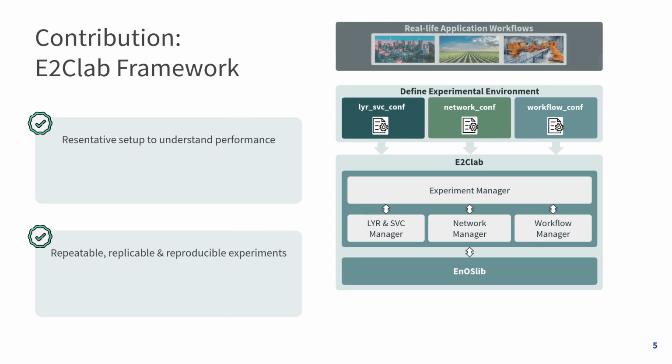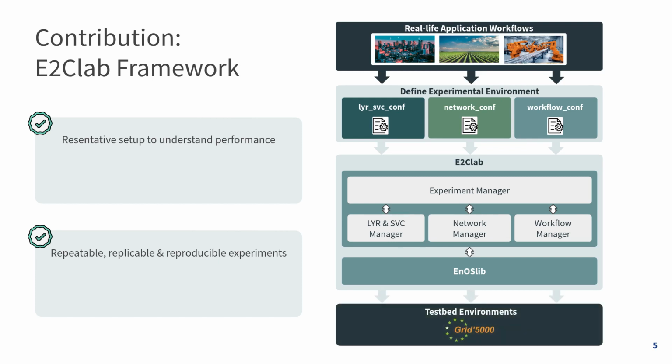E2Clab is a framework that allows one to deploy real-life application workflows on representative settings of the physical infrastructure underlying this application, in order to accurately reproduce the relevant behaviors and understand the performance. In order to achieve that, E2Clab provides configuration files to define the experimental environment. Those files were designed to be easy to use and understand, and through them, experimenters can reproduce the scenario characteristics in a descriptive manner. So, E2Clab managers interpret those configuration files and enforce those configurations on the physical testbed using